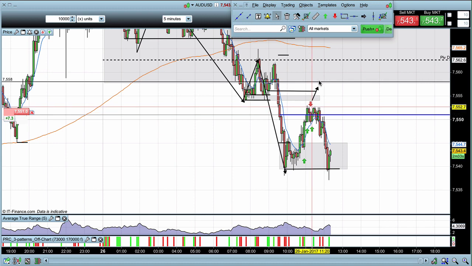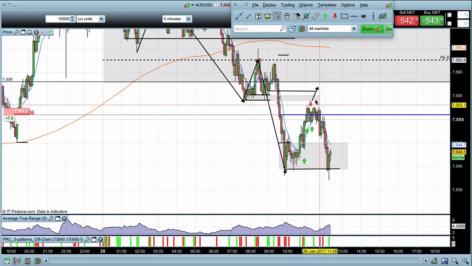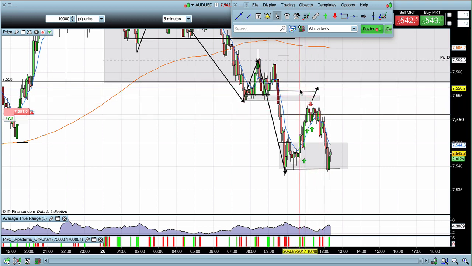Now you have to be willing to take the loss, obviously, because there's nothing to say that the market won't just ramp up straight through, break the downtrend, and take you out of the trade. But your risk should be limited. When you get into a trade, you should only be risking your 1%, your 2%, whatever it is that you risk. And then you should have things that you're looking at that hold you in the trade or make you get out.